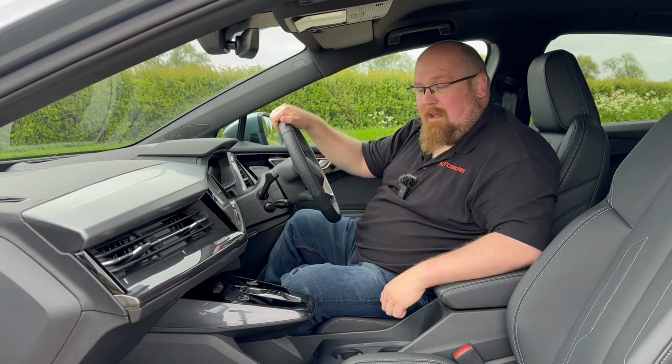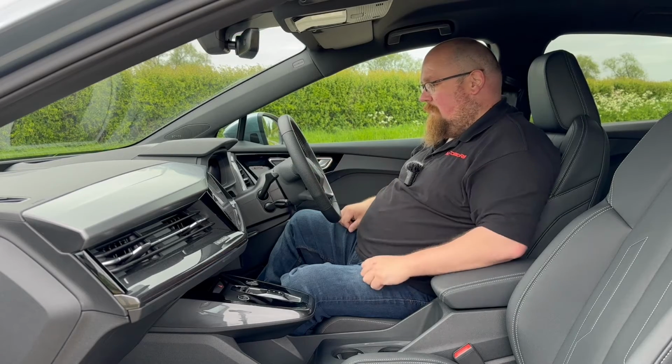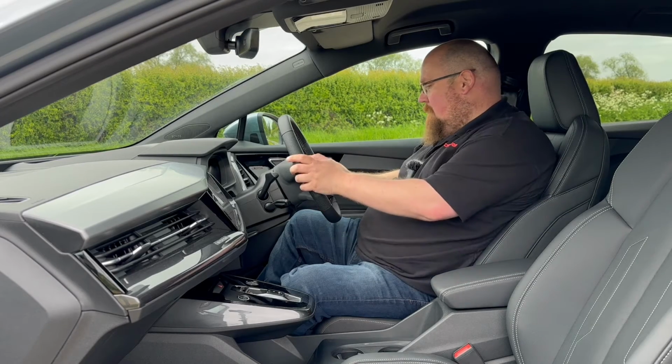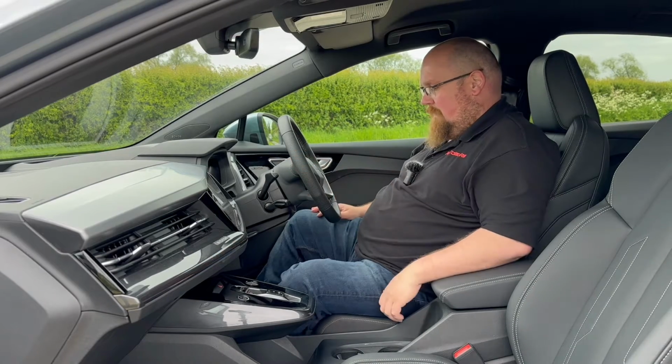Of course, being an EV, it's an automatic. Then on the steering wheel, we have got a couple of little issues here because, well, the car hasn't started. So all you've got is a couple of black patches here. But if I push on the brake,